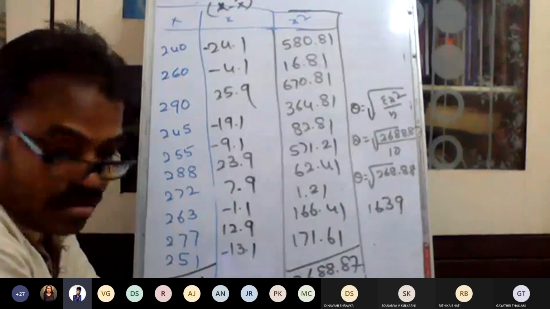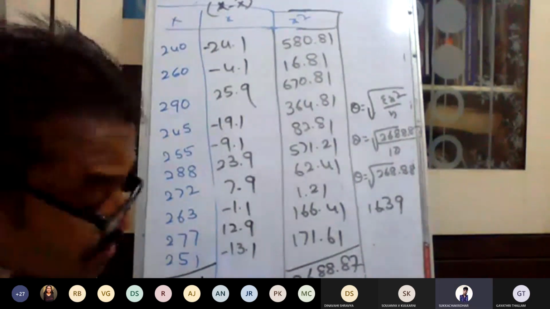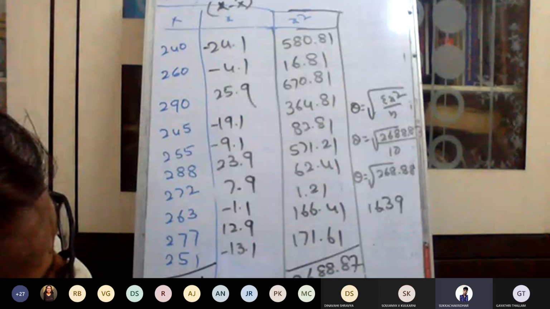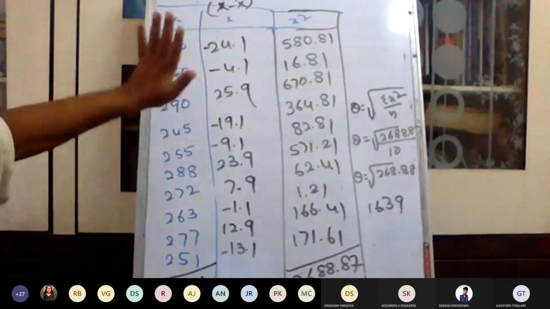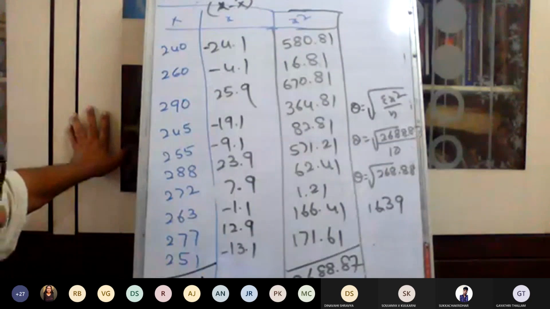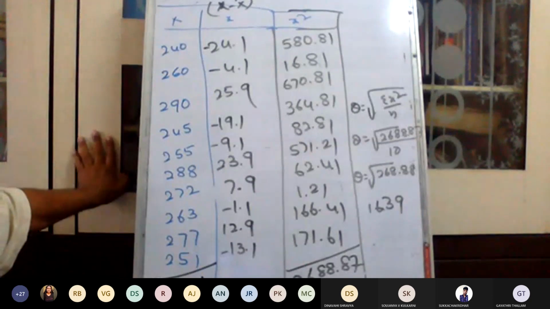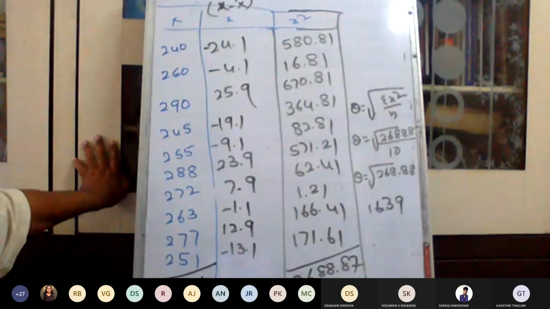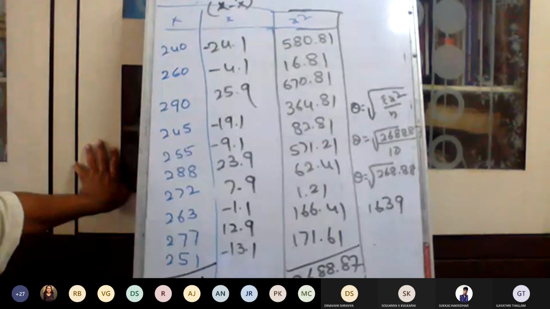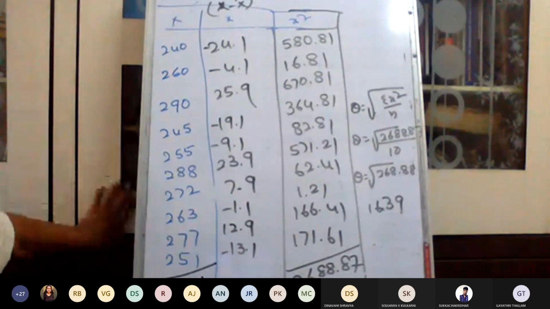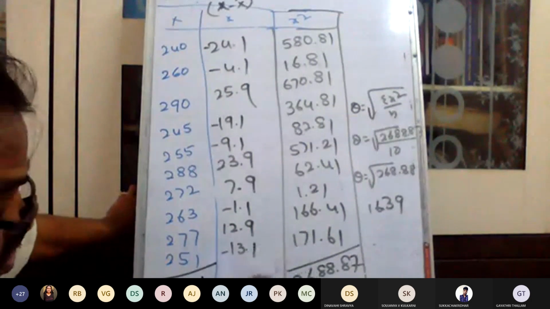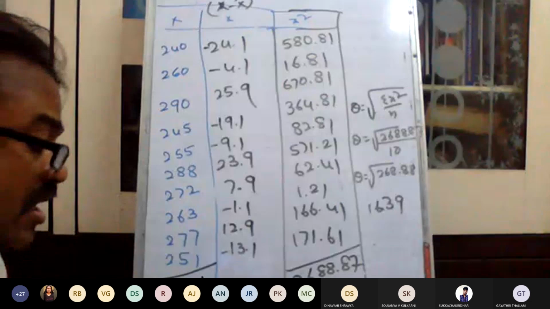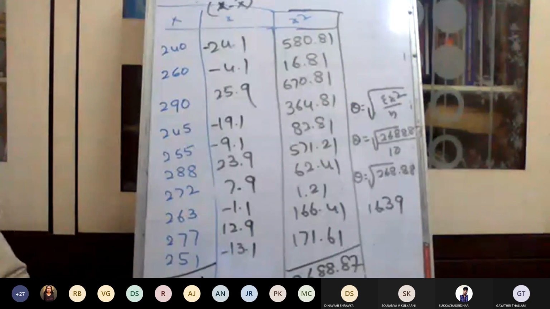Sir, will you give this method in the exam? Yes. Standard deviation, one problem you can expect because it is a decision area. Decision, tomorrow I will discuss. Today I want to finish individual series, discrete series, continuous series. Tomorrow, when there are 2 observations, comparison between them, which one is better, you have to write a conclusion. That part I will discuss tomorrow. Today we will finish up to continuous series. Okay.